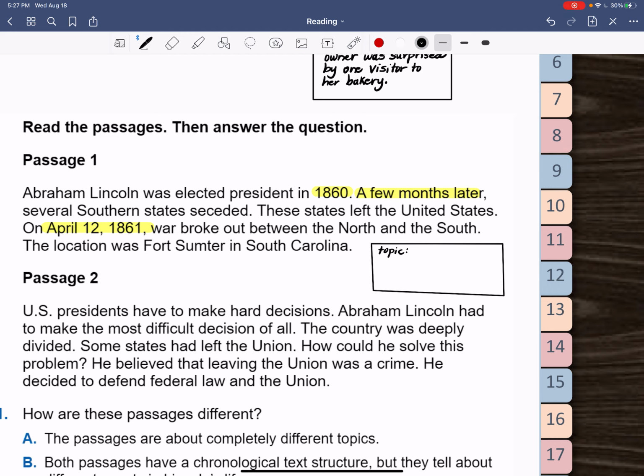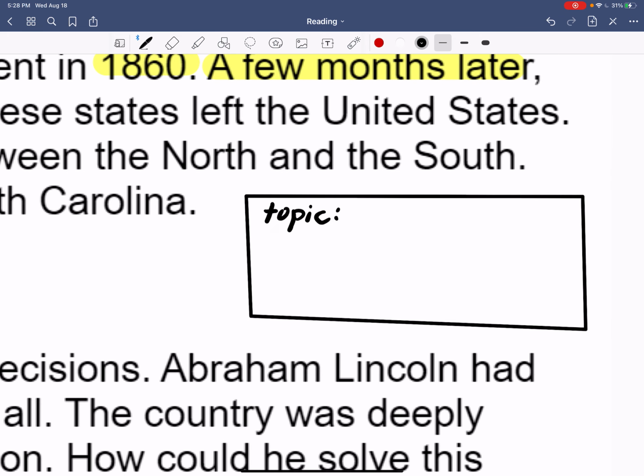A few months later, the southern states seceded or left the United States. War broke out during 1861. So this one could be summed up by saying Abe Lincoln. You don't even have to put Abe Lincoln in there, but Abe Lincoln faced,